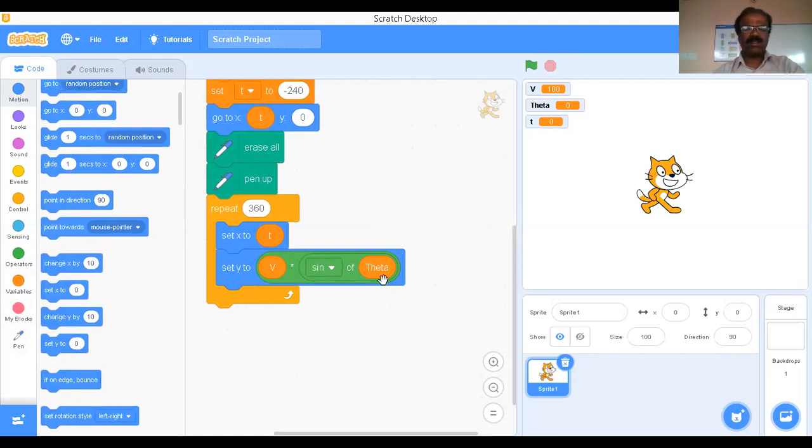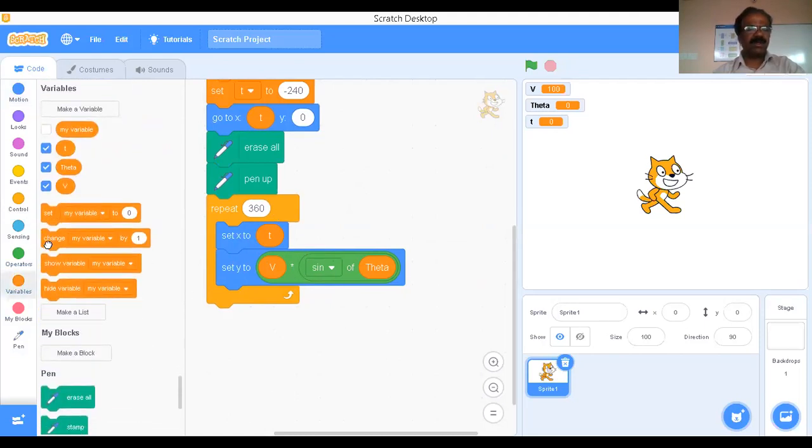Then we have to vary theta as well as t. t is nothing but time. We have to vary t as well as theta, 360 times, and you have to repeat this function that many times. Now go to variable, and there will be a block called change.